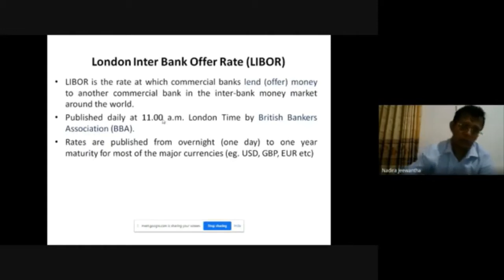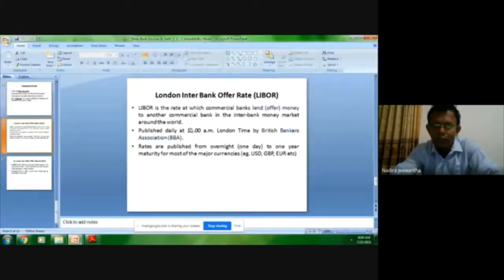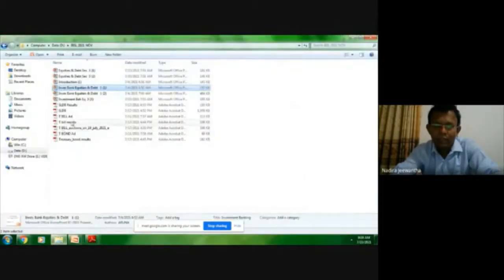This one I want to tell you, LIBOR. Now, where does LIBOR come in? When you are issuing dollar-denominated instruments, LIBOR comes. But if you see the recent past, SLDB auctions are not issued under variable instrument. Now, if you are issuing a variable instrument, then only you have LIBOR. Now, see this advertisement, SLDB,